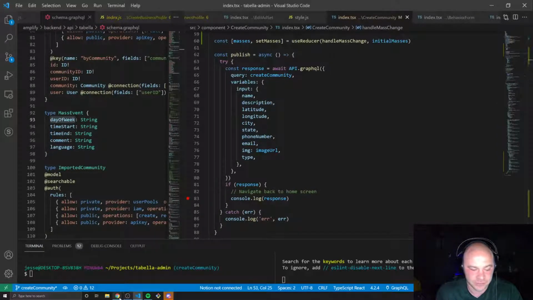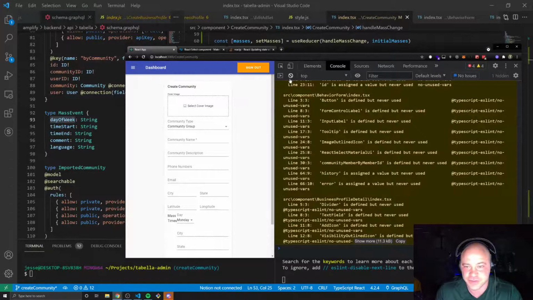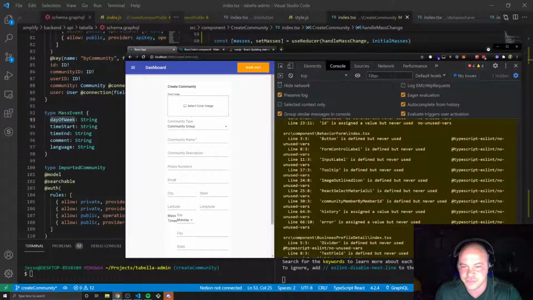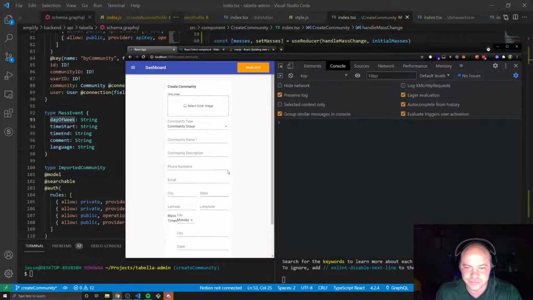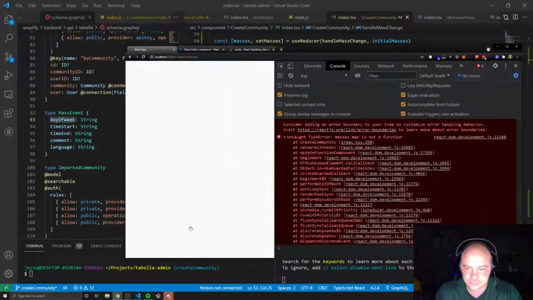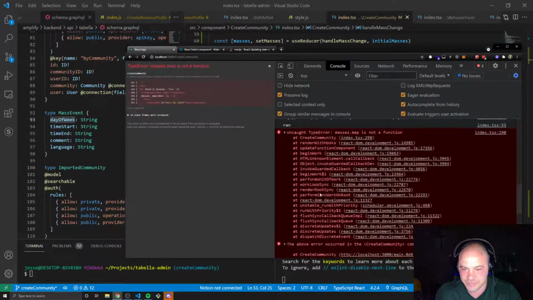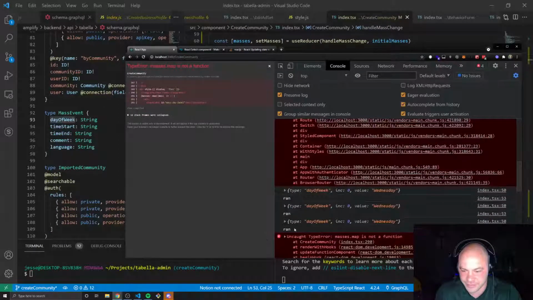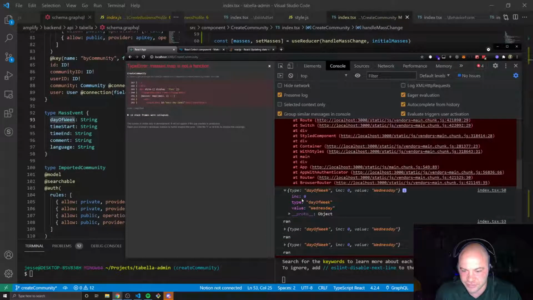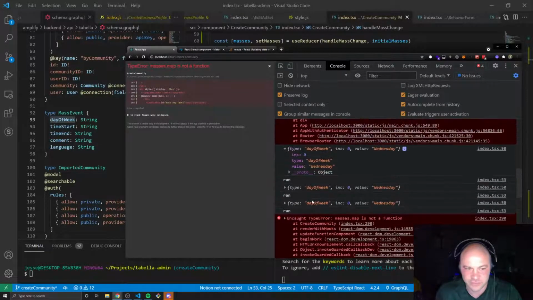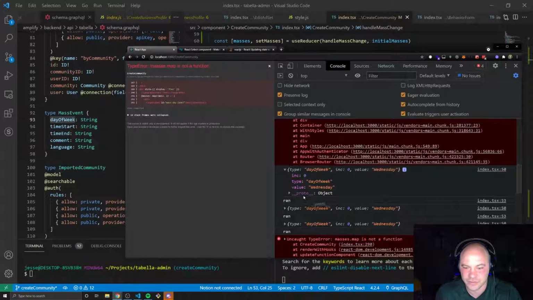And then here, let's preserve the log, because we're going to get an error. Okay, so it ran. We did get the correct incrementer, day of week, and Wednesday. Okay, so that works, but